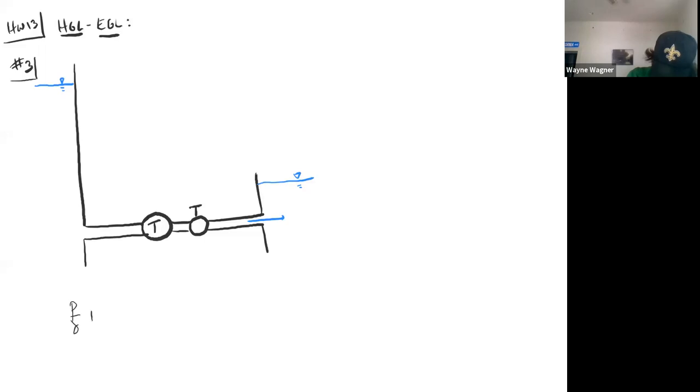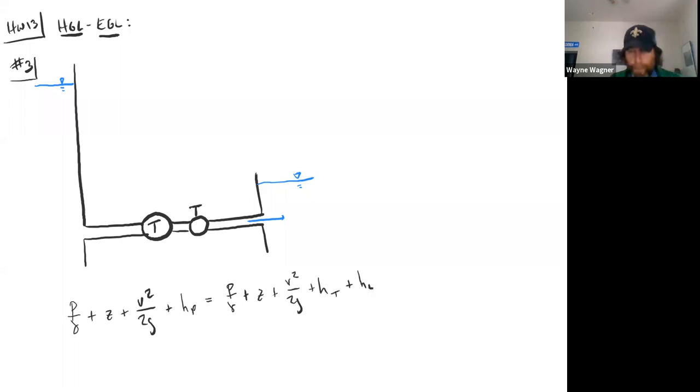So P on gamma plus Z plus, and I'm not going to worry about the alpha. Points are not really important here. V squared on 2g plus H from a pump equals P on gamma plus Z plus V squared on 2g plus H_T plus the head loss. Okay, and so what we want to think about in general is